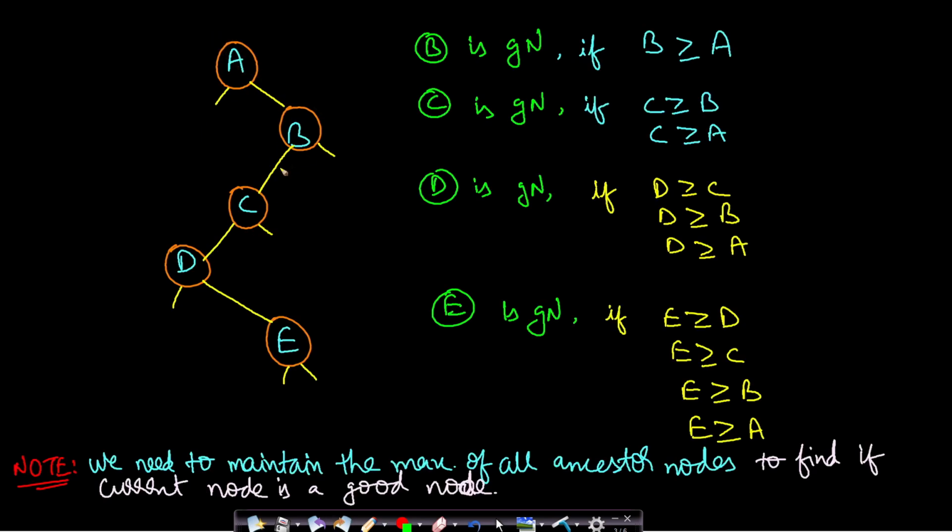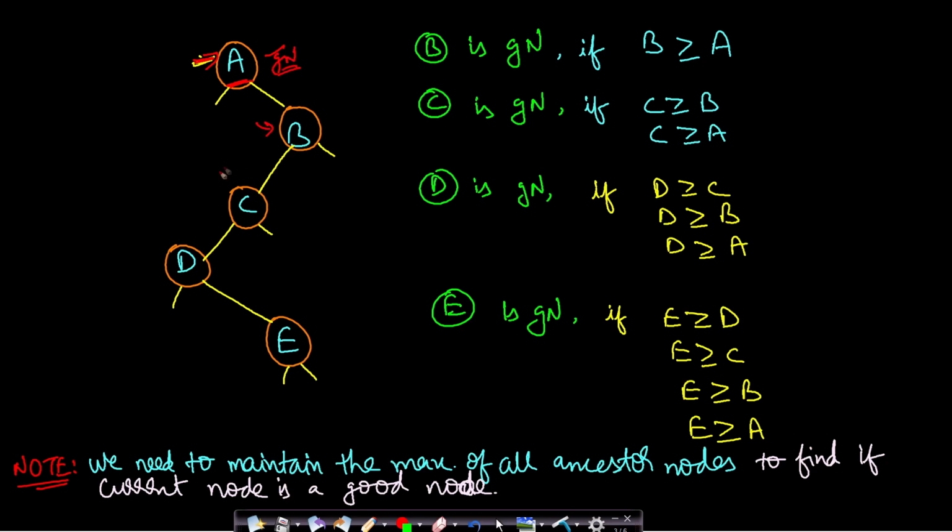Let's say this is one of the paths in the tree. Okay, I have not drawn the other paths. I have just shown a single path. Now in this path, is A a good node? You will see that A is a root node, and the root to root path will only contain this current node itself. And so the root node is always a good node, right? So this is always a good node. This is a good node.